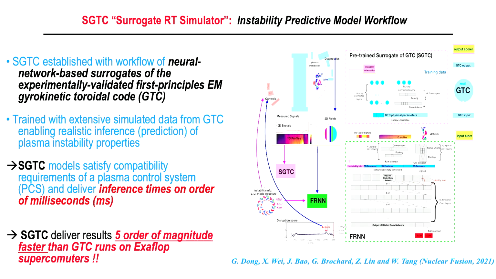These are approximate models that must be validated constantly as you go through this. It's very, very fast, and especially when you're dealing with real-time challenges that NVIDIA is, of course, very interested in doing. They've been very supportive of our R&D in this area, and we've made really fast progress with our surrogate models, where we've achieved inference times on the order of milliseconds, but more importantly, these surrogate models can deliver results 5 orders of magnitude faster than the parent high-performance computing code runs on exaflop supercomputers like Frontier.